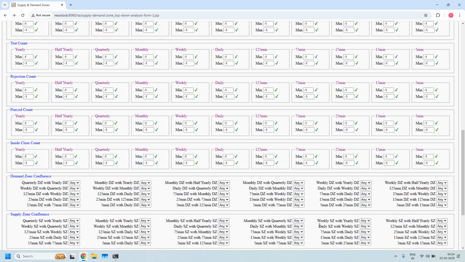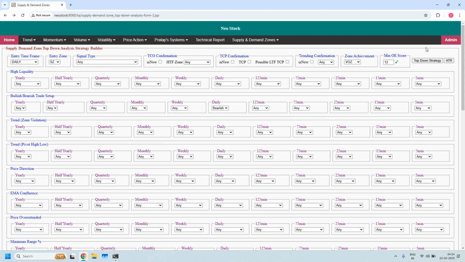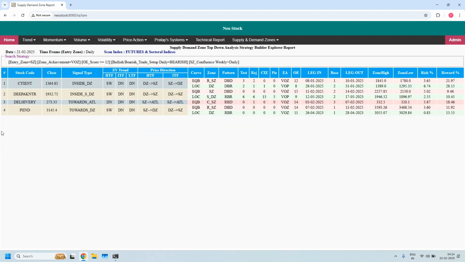That is a daily supply zone with weekly supply zone confluence. The filter is enabled. We got all the 4 stocks. That means in all these 4 stocks, these daily supply zones are overlapped with weekly supply zone. And weekly trend is down in all these stocks, ITF trend. So if the weekly supply zone has weekly EMA confluence, then those stocks have a higher success rate, higher probability